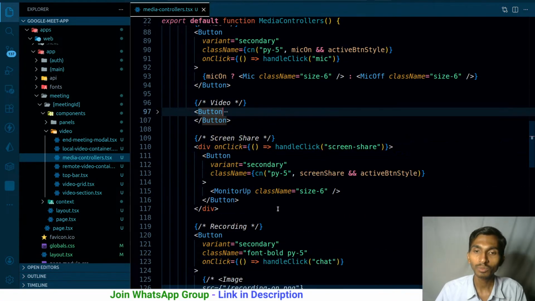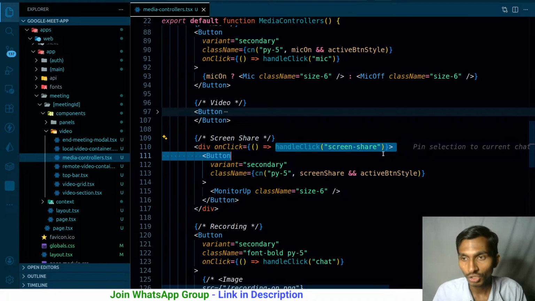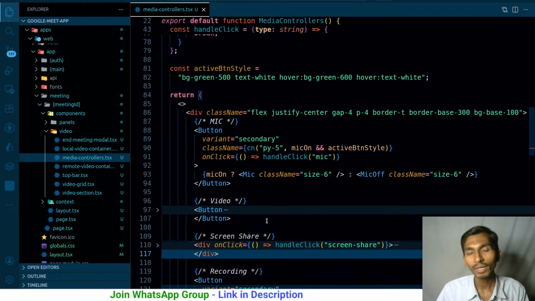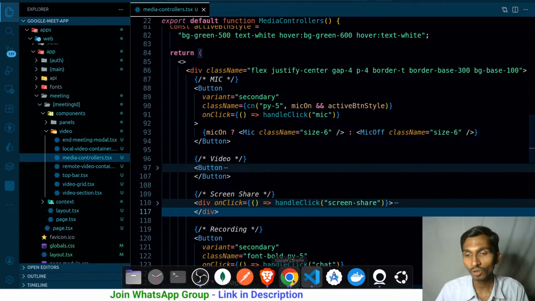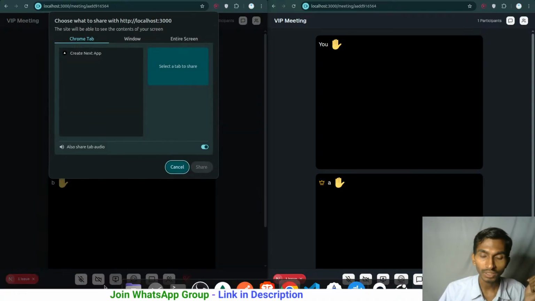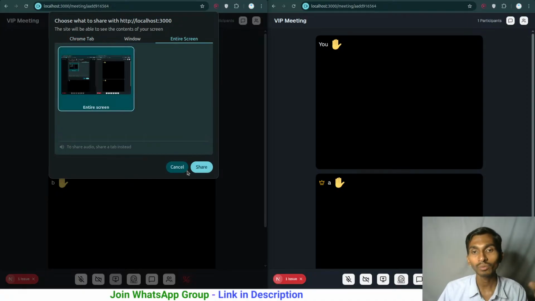Recording. First of all, let me change the state, because of course when I click on this handle screen share, whenever I start sharing the screen, do I have to change the state as soon as I click on the button? Like as soon as I clicked on the button, do I have to change the state, or when I actually start recording, at that time I have to change the state? The same problem we faced here. As soon as I clicked on this button, the background hasn't turned into green. When I actually start sharing the screen, at that time it will turn into green.